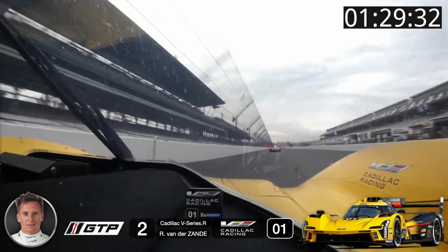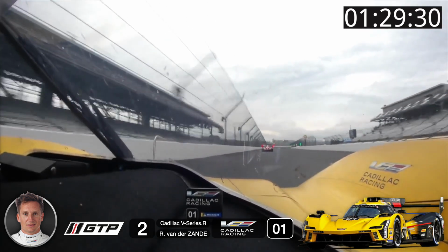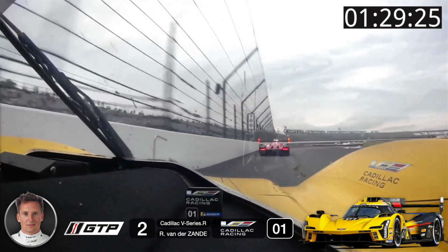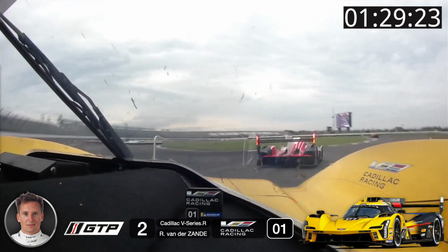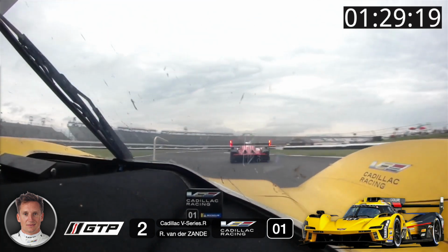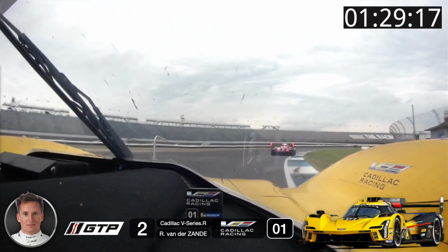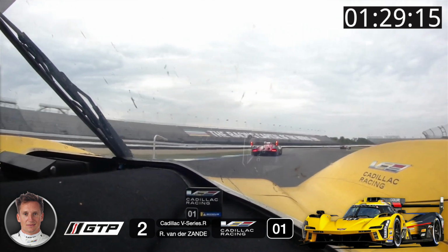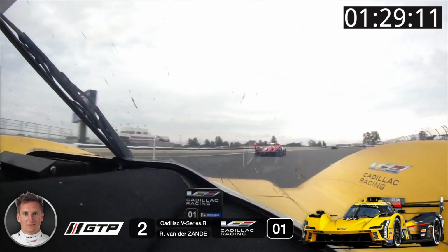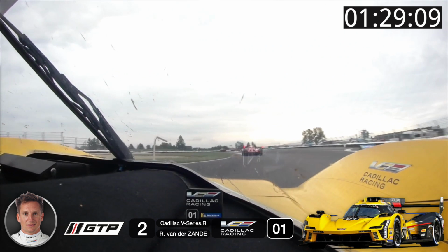Van der Zande may be behind, but he is certainly not going to give up. And into turn 1, he brakes as late as he dares to stay close to this number 6 Porsche. Through the left-hander, they move their way over to the right-hand side of the road before opening up the steering wheel and allowing the car to move all the way over to the left to set up this long right-hander. They clip the apex, move towards the middle of the road, and Van der Zande gets a better run through